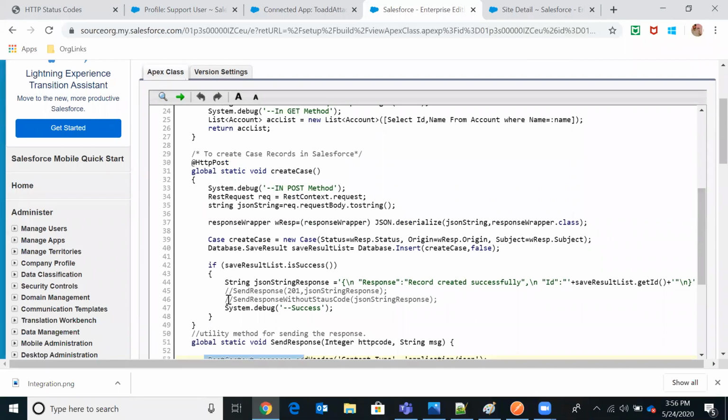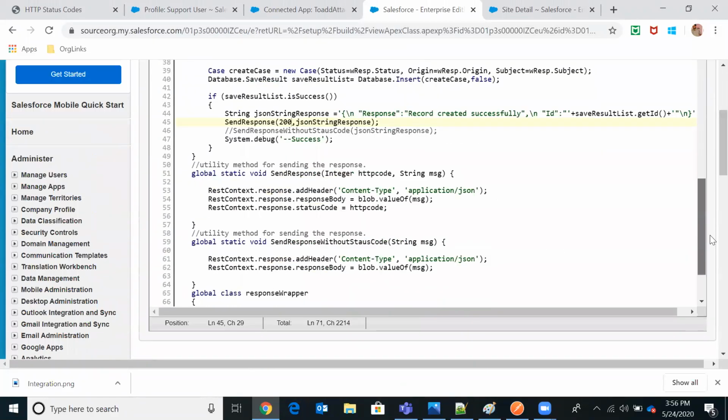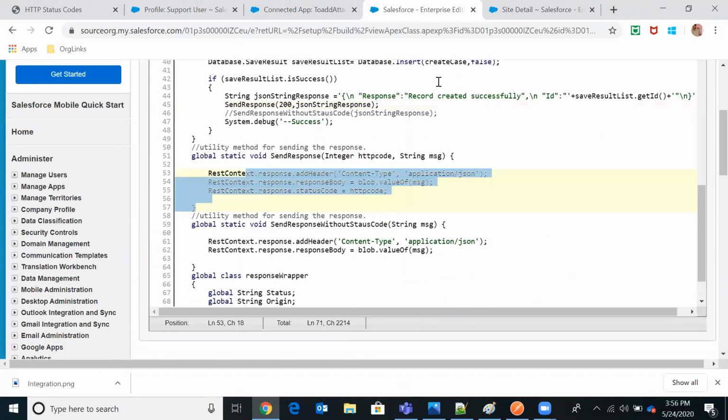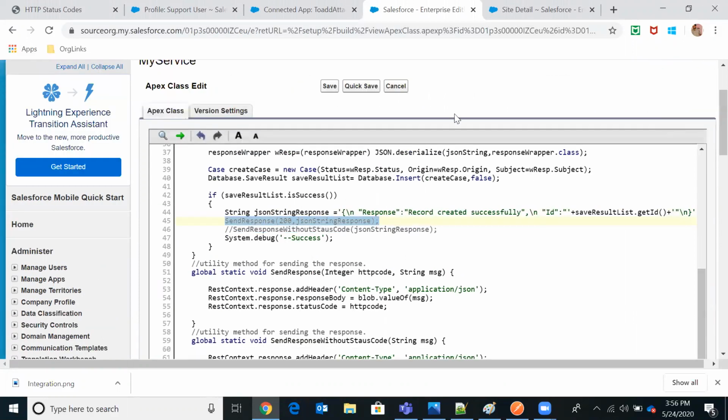So now I'll just put this. I'm preparing a custom response here. This is how I'm preparing a response: record successfully created, and then the ID value of whatever record is created, that ID value I'm returning here. And the status code I am currently keeping as 200.